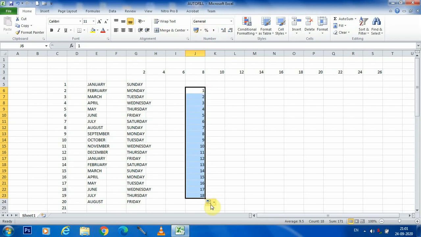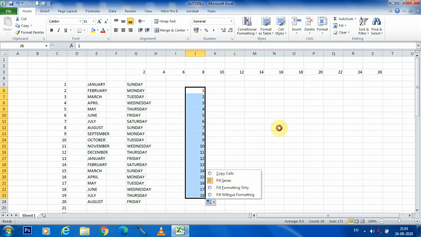That means autofill provides some options for you also. This way you can do your work very easily. You can copy the cells only, or you can fill the series. The remaining 2 options are also here, but we will study them in the coming classes.